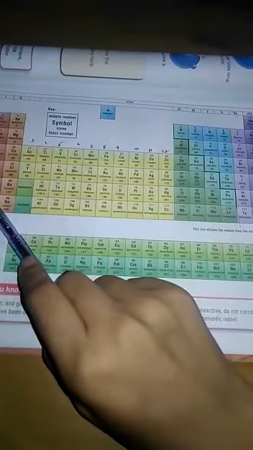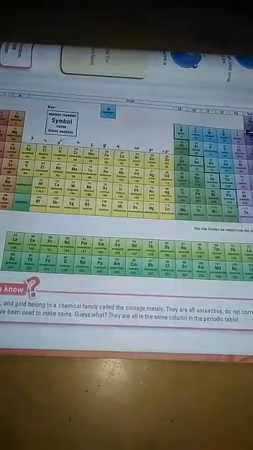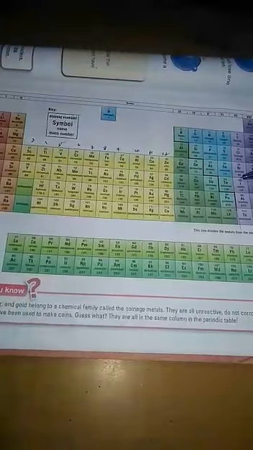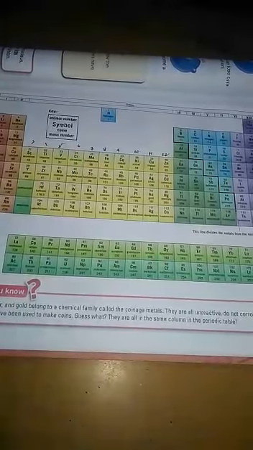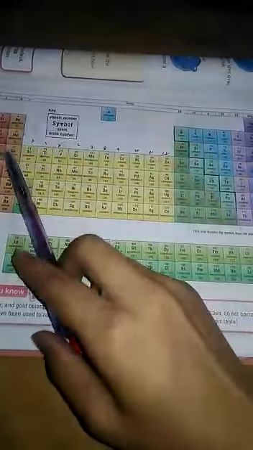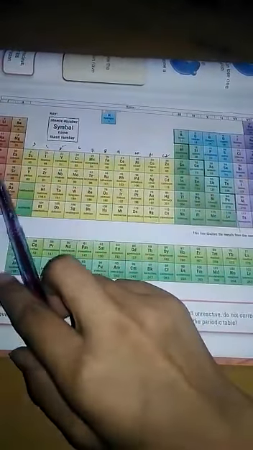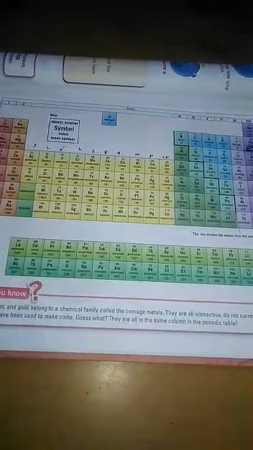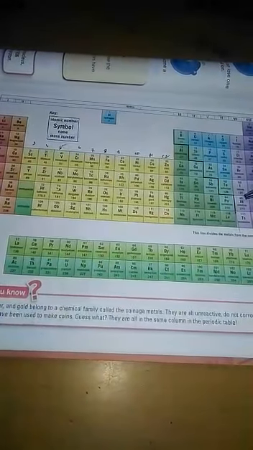The elements of group number 1 have 1 electron and they have the ability to lose an electron, while on the other hand the elements of group 7 have 7 electrons in their outermost shells and they have the ability to gain an electron. That is the reason the elements of group number 1 and group number 7 are very reactive.